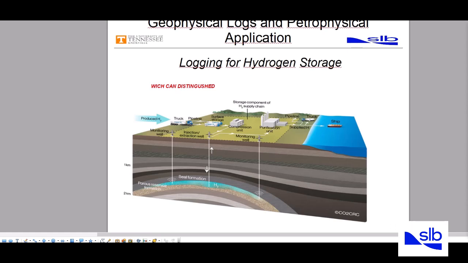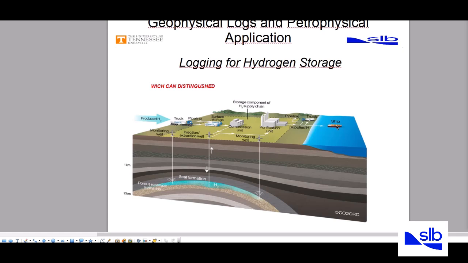In this week we are preparing the new course, this new webinar. This webinar is focused on logging for hydrogen storage. It is an advanced technique, a new phase to explore. Generally when we talk about hydrogen, we talk not only about green or gray hydrogen, but also about